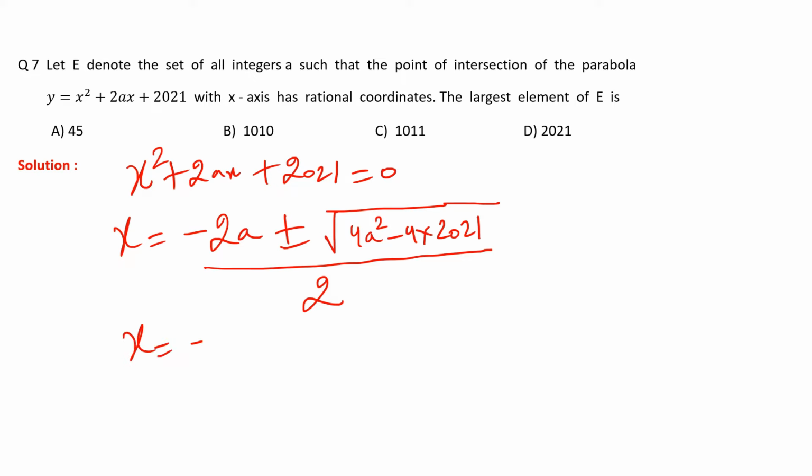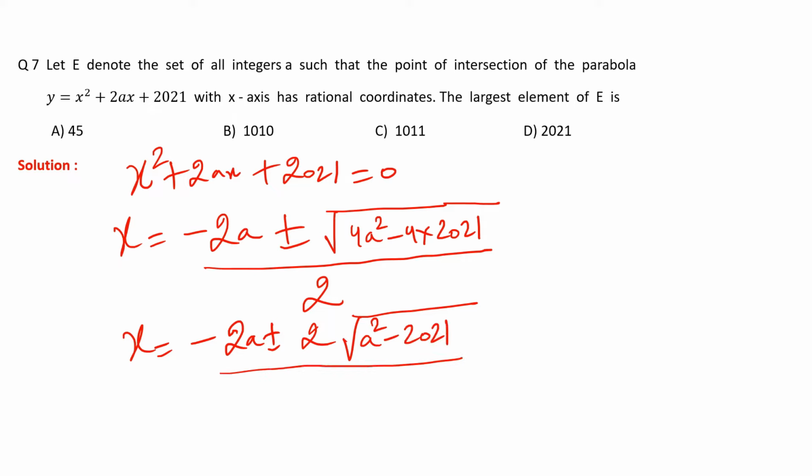Now this becomes minus 2a plus minus, I can take out 4 outside from the square root, it will become 2 times square root of a square minus 2021, whole divided upon 2. Now from here I am going to get x equal to minus a plus minus square root of a square